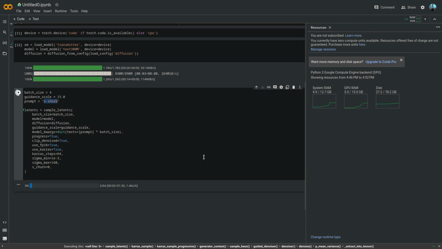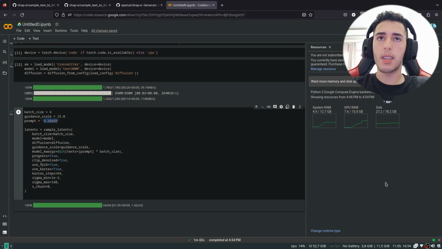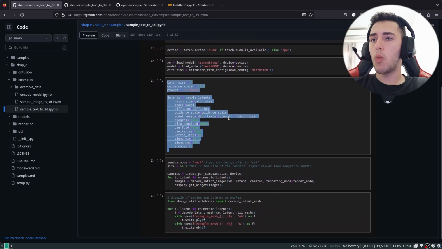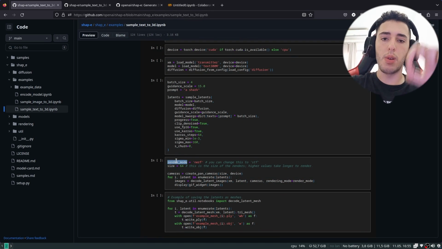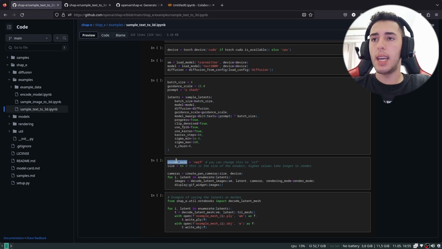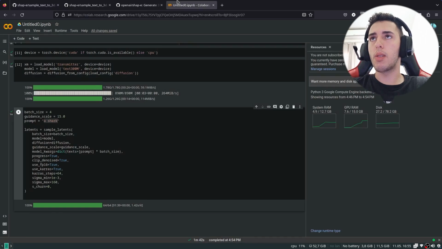So it takes a little time to run the latents. It finished executing the sample latents, and now what we need to do is get the part where it will create these view cameras and compose the image and display a little GIF.